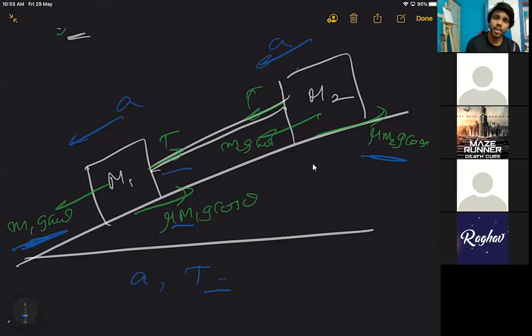The mu value can actually change, but we don't consider problems that difficult, where the mu value is changing along the plane or according to the situation. We just consider that the mu value is constant throughout the surface. Like the kind of problems that we do, we only limit ourselves to this. If the mu value is also changing, the problems get really difficult to solve, okay? So we don't do that.